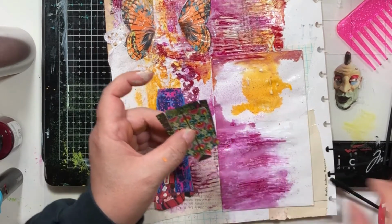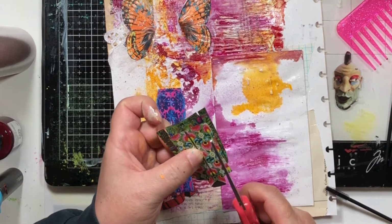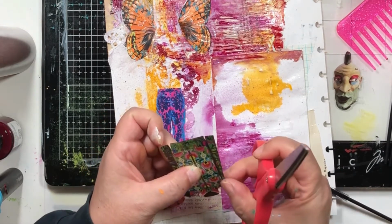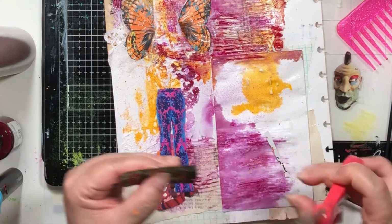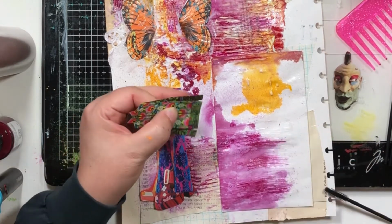There we go. That goes together like that. And I'm going to cut this down here. Let me do a little bit. You can always do more. You can never do less. Okay. Oh, look, he got a perfect sleeve. Okay, and then I'm going to cut off the bottom of this shirt,